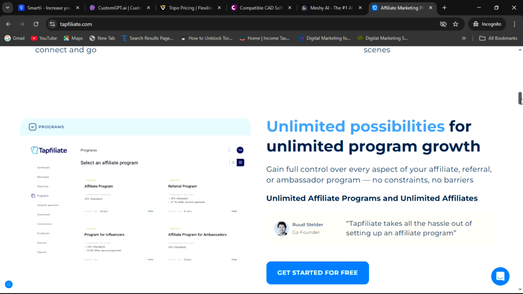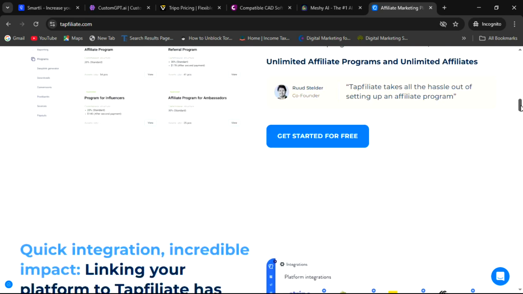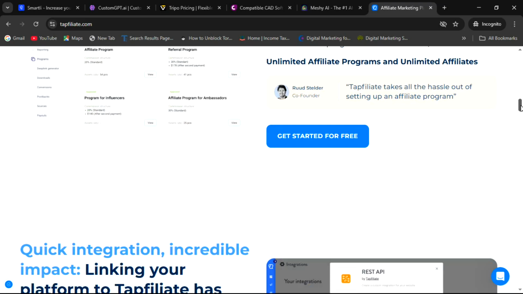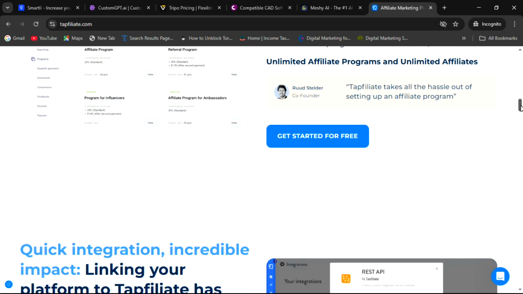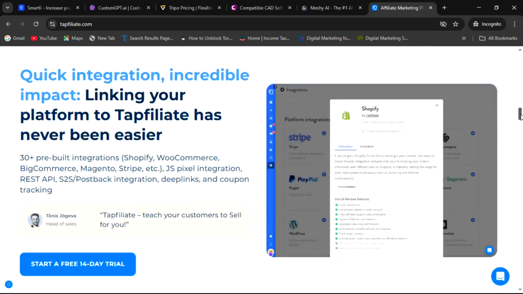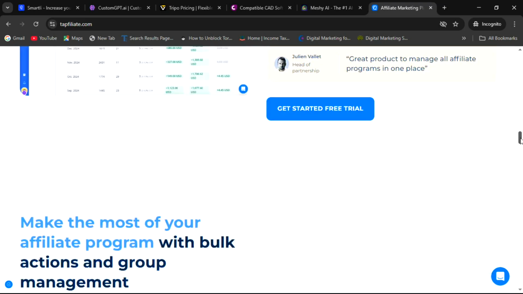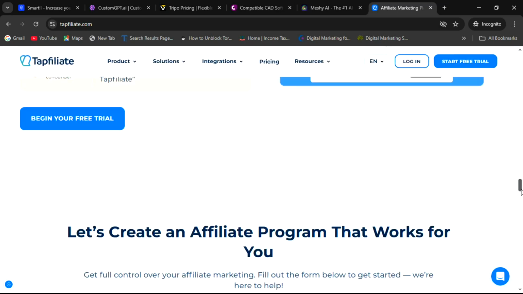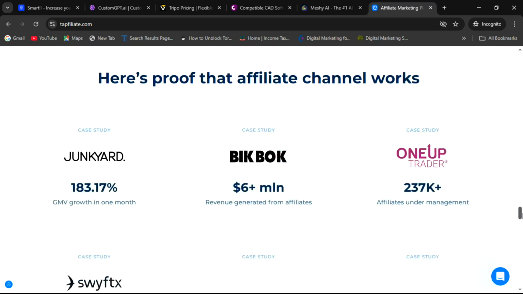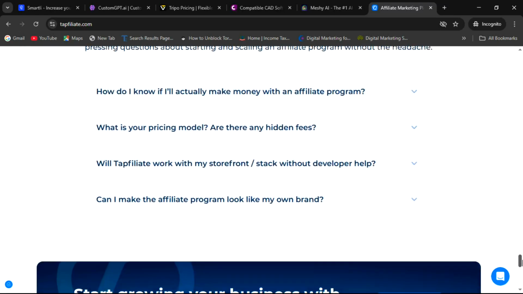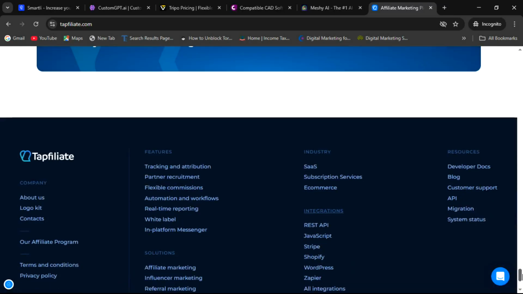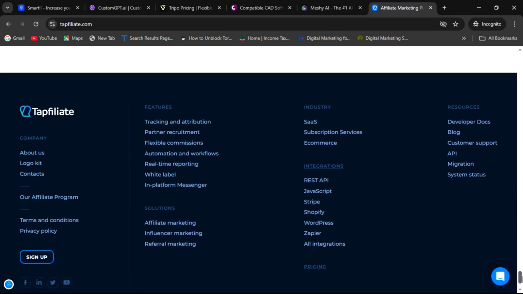Here you can see that basically you can join simply here in the affiliate program, and after that people can join and earn money through this platform. You can see that